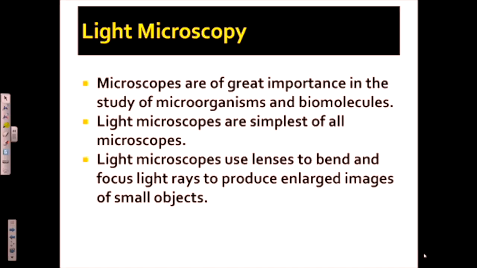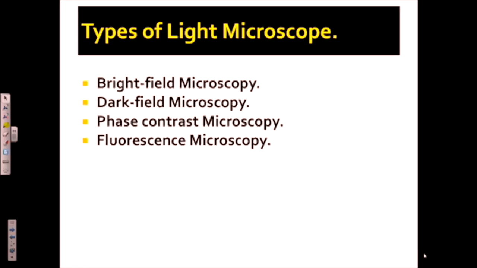Coming to the light microscope, this is the most common type that we use, and all of you, I'm sure, are already using it or are going to use it. They are of most importance for studying microorganisms, because I study C. elegans, and Natalia studies cells, so both of us can tell how robust scopes are and how useful they are for our studies. We cannot survive without one. They are the simplest of all microscopes, and they use lenses, the same principle, focusing light rays to produce an enlarged image. The types are bright field, as I've already told, dark field, phase, and fluorescent.